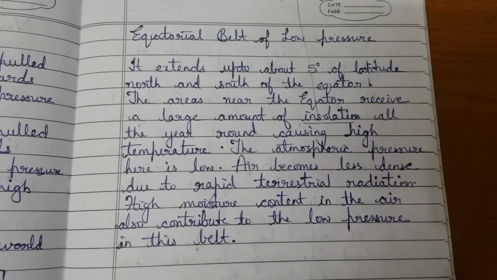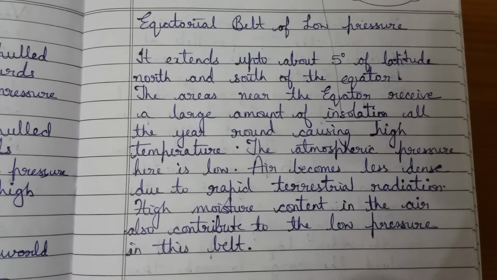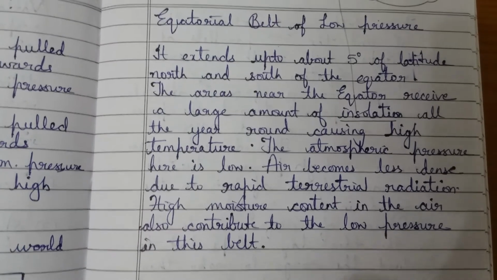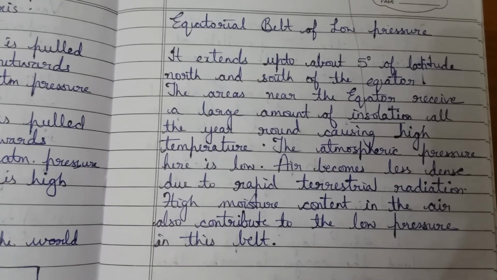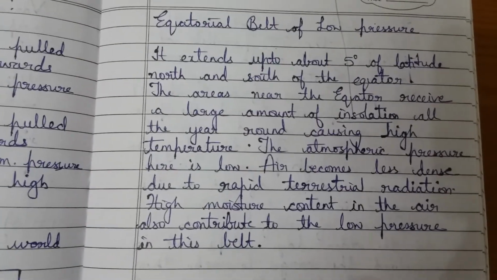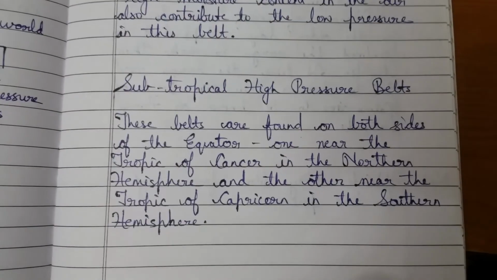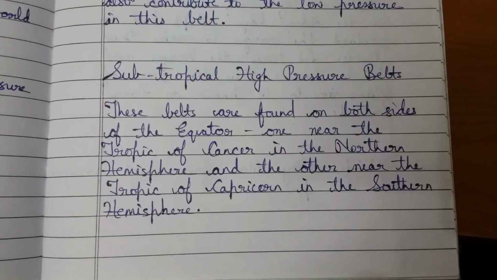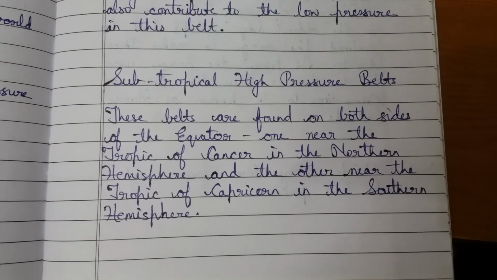Now what is the meaning of terrestrial radiation? The sun's energy is absorbed by the surface of the earth, and then the surface of the earth radiates it back into space. That is called terrestrial radiation. Now we will understand about the next belt, the subtropical high pressure belts. These belts are found on both sides of the equator, one near the Tropic of Cancer in the northern hemisphere